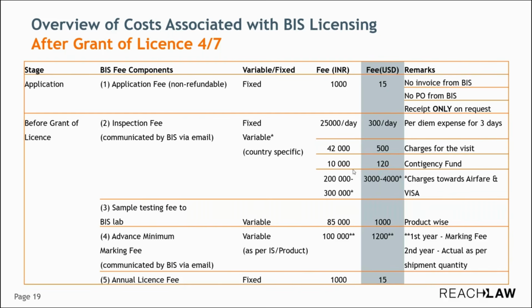So this is somewhere $3,000 to $4,000, and this varies because of the country, and that's why it's variable. If the country is in, let's say, Europe or the US, then this is the kind of fees. But if you are in Asia, then neighboring countries, then this could be lower because of the airfares. So this is something on the variable side, but you will receive this fee from the BIS,